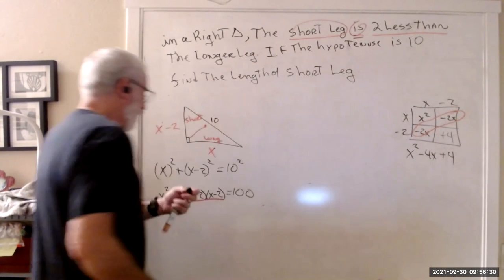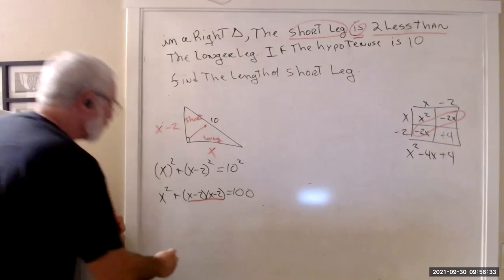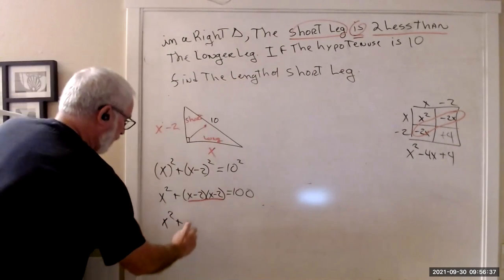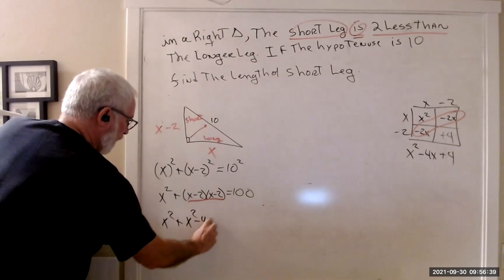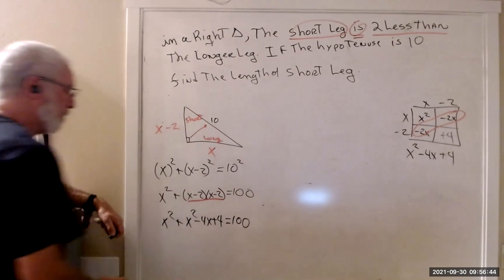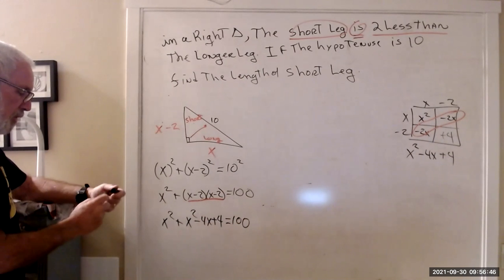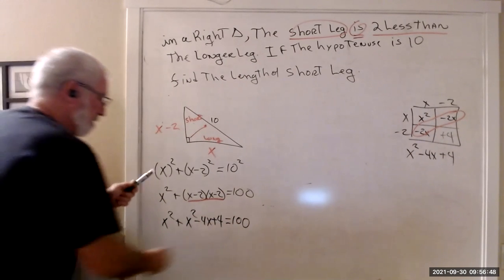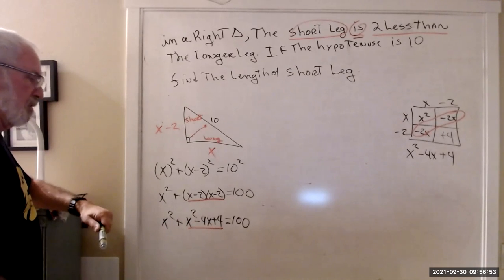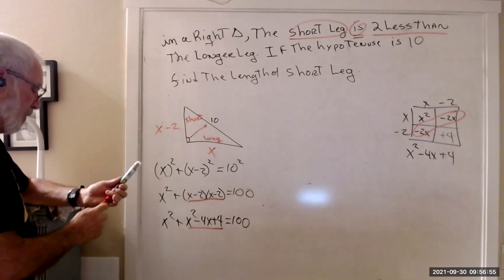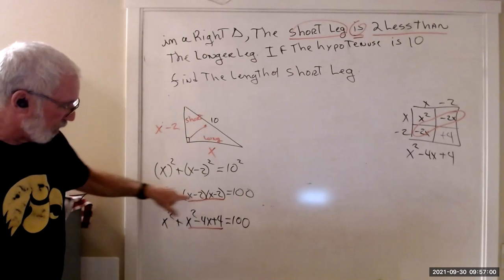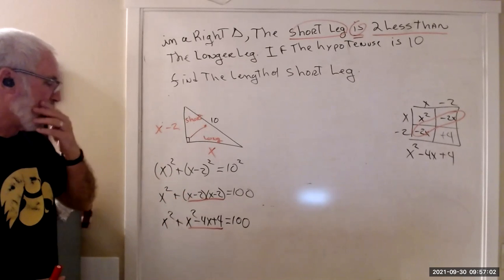So back here, that's my scratch work. I get x squared minus 4x plus 4 equals 100. Are you with me or not? Everybody? Any questions or hesitation so far? No. Okay. So now that I've multiplied that out, foiled it out, or whatever you want to call it,